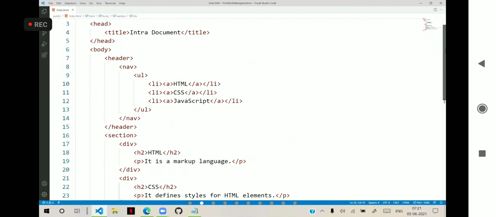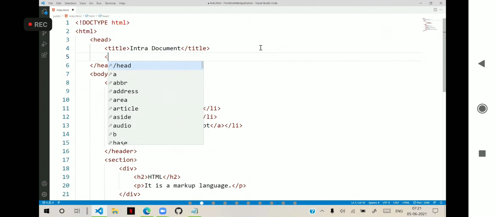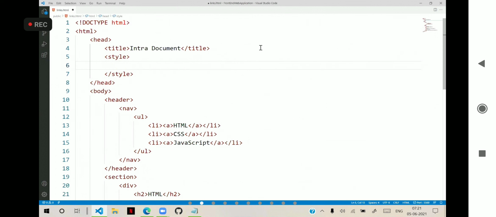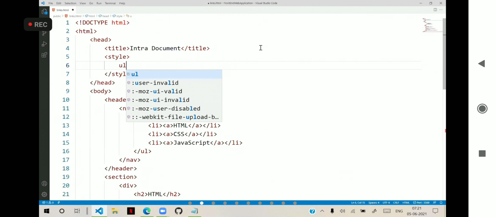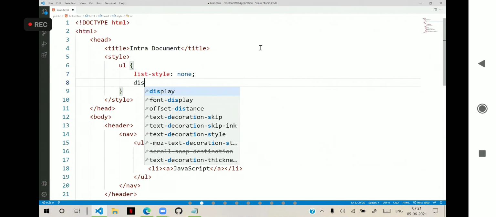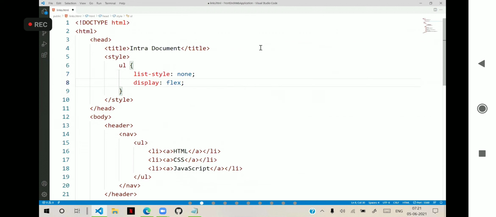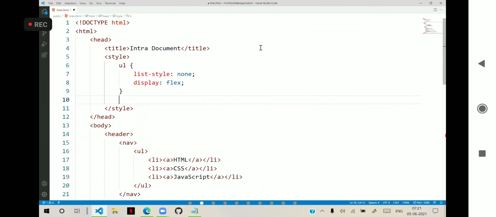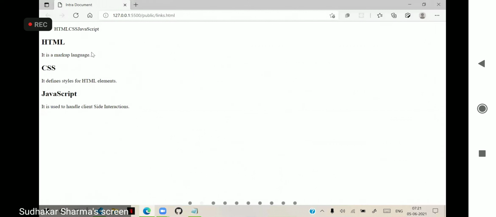At the top, for the navigation I will keep the style: for the unordered list, list-style none, we are removing the list style, and display flex. For the list items, flex display will keep them side by side.